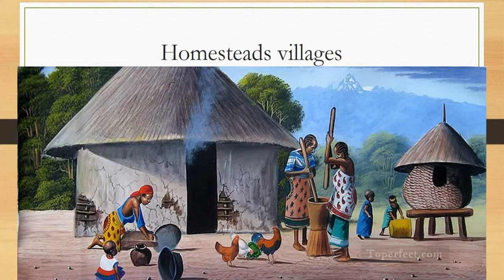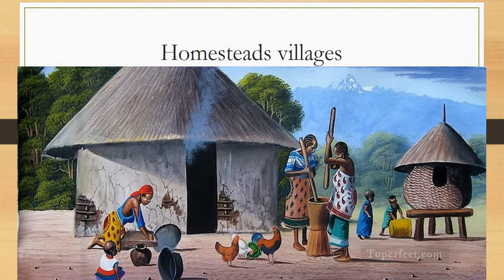So it's important that you know the difference between what a homestead and a village is. So a homestead would be owned by an elder, and he may have had more than one wife, and each wife would have a hut to sleep in, and he would have had children as well that would live there with him in his homestead. These homesteads were made out of clay houses or mud houses with straw roofs because, as we said, they are settling there. They're not going to be moving around. And many of these homesteads put together would make up then a village.